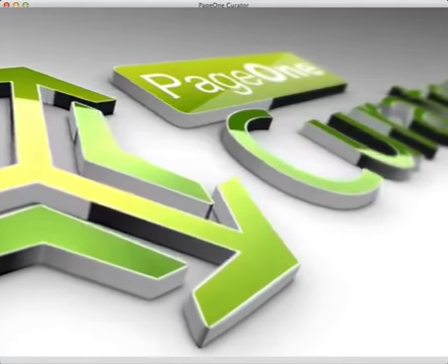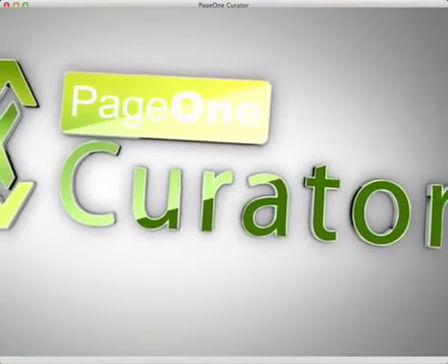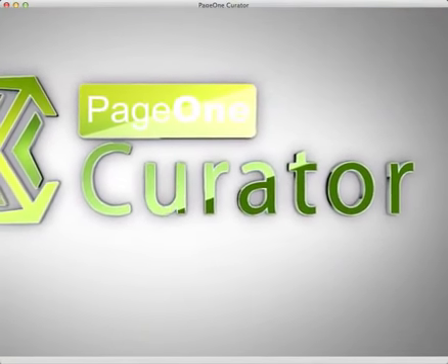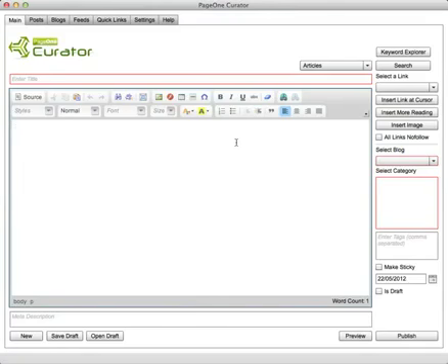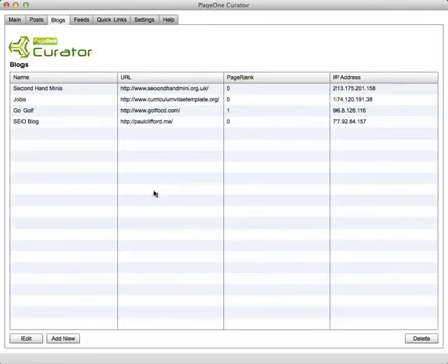So within PageOne Curator, you start off in the editor window, and this is a very rich text editing window that offers a whole variety of options to stylize your text and ensure that it's dynamic and captures the eye. And then what you can do is set up your blogs, your complete blog empire in the tool, so that